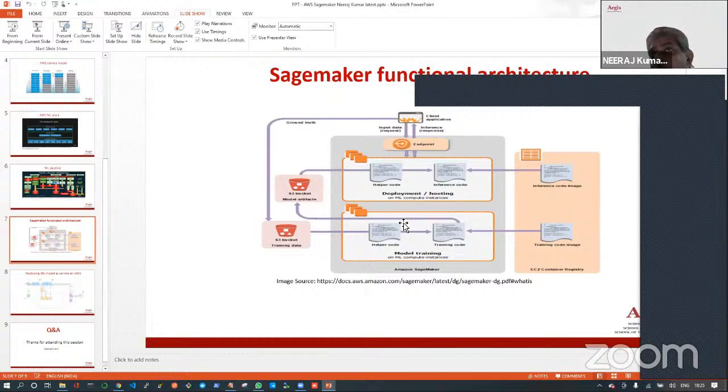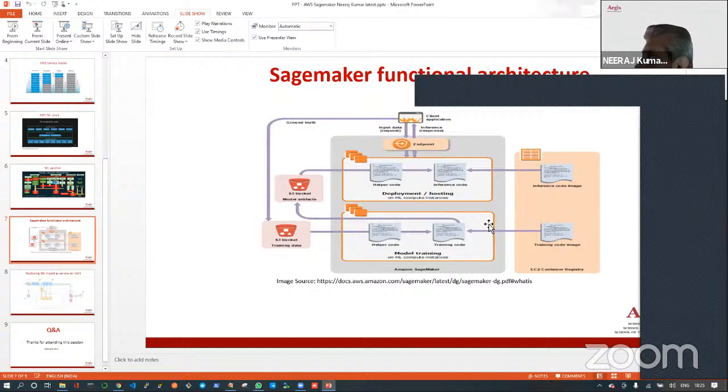AWS will create a virtual machine, and in that virtual machine it will run the container, or implant that plant, and provide all the resources required, like compute, storage, networking. Everything will be provided by the virtual machine, which is provisioned through SageMaker.